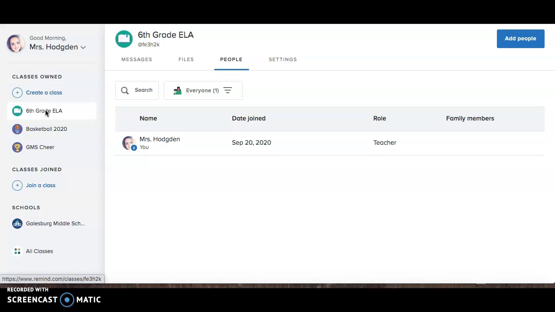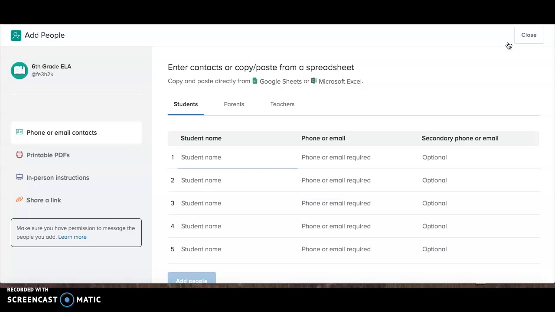And what's really great about this is that not only can you add an email, but you can also put in their phone numbers and they could receive a text. Of course, you'll need parents' permission. But so for 6th grade ELA, you would add people and then you would put in your student's name, their phone number or email, whichever they chose. And then also you can select the parents tab and put the parents' names in and their phone number or email, whichever they wanted, and it will email them or send them a text message with your message that you